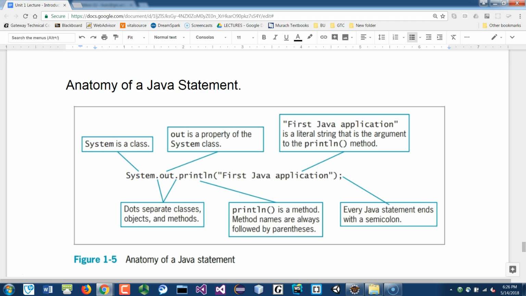And this function belongs to another class called the out, okay, or another method, another class here. And this out here belongs to another superclass called System. So ultimately the System is like the parent, and then you have the out under that, and then you have the function belonging to the out class. Okay, so,